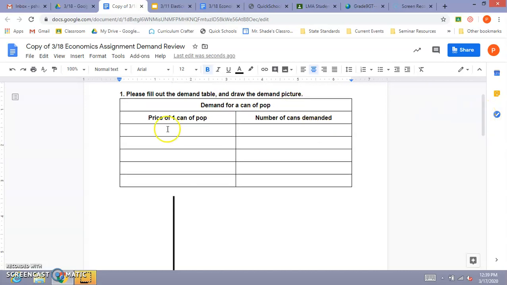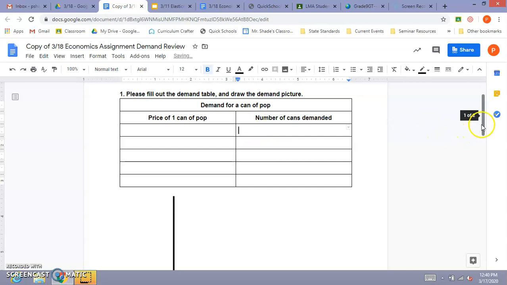Remember, if the price of something is high, like if it's $10 for a can of pop, the demand is probably going to be very low because nobody wants to spend $10 for a can of pop. And if the price drops, then the demand is going to start increasing because people want to spend less money. If it's really expensive, they don't want to buy a lot of it. So you need to fill out this table here,